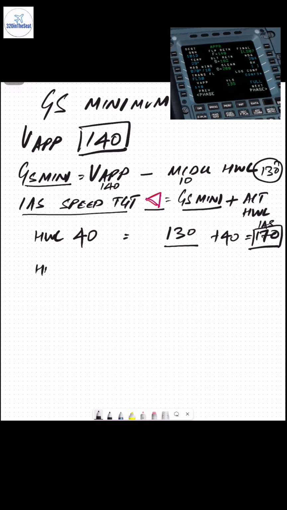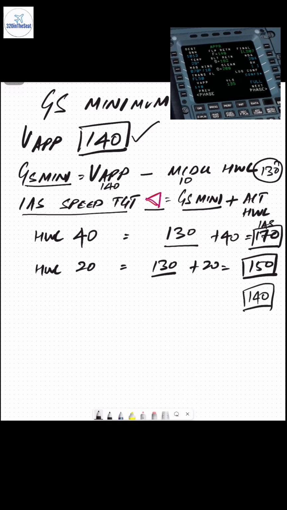Now, if the headwind component, for example, increases to 20 knots from 10, so we have 130 plus 20, the new IAS speed target would be 150. Now, the upper limit to this IAS speed target is, in config full, VFE minus 5, and in config 0, 1, 2, 3 it would be VFE next, and the lower limit would be V approach itself, which is